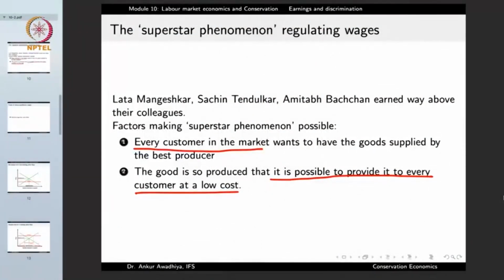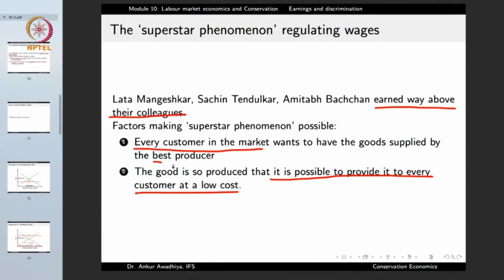Everybody can listen to Lata Mangeshkar songs at a very low cost. Everybody can watch Amitabh Bachchan act in a movie at a very low cost. And it is only in these professions that we start to observe the superstar phenomenon. So in the case of superstar phenomenon, you have certain superstars who get paid way above their colleagues because there